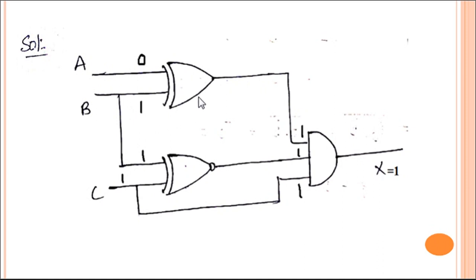Now let us see the output of the XOR gate. The output of the XOR gate will be 1 only when the inputs are of different values. Since the B value is 1, therefore the A value should be the other value, which is not equal to B. So its value must be 0. So for this combination 0 XOR 1, it will produce the output 1. So for the 0, 1 and 1 combination, for this circuit, the output value will always be 1.